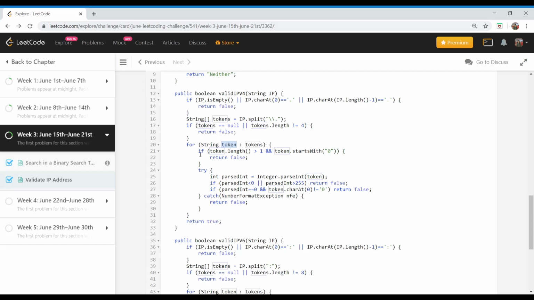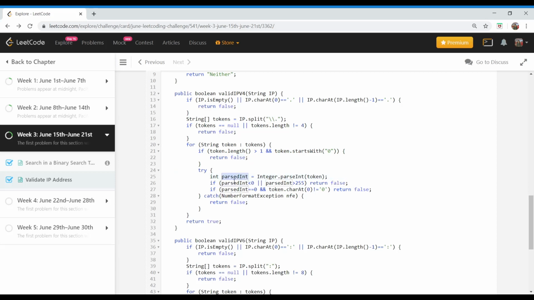This particular thing is only applicable to IPv4. If the token is starting with 0, it is considered to be invalid. So we check if the token's length is greater than 1 but the token starts with 0, which means it is invalid, so we simply return false. Otherwise, we are trying to parse this particular token into an integer.